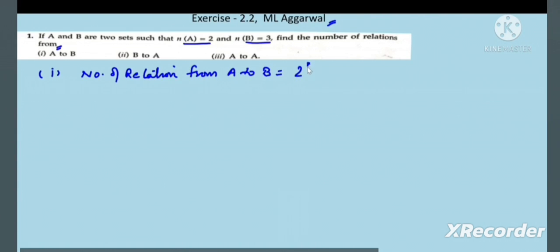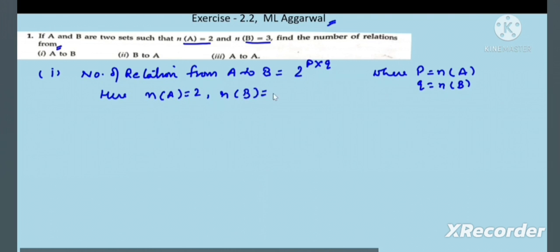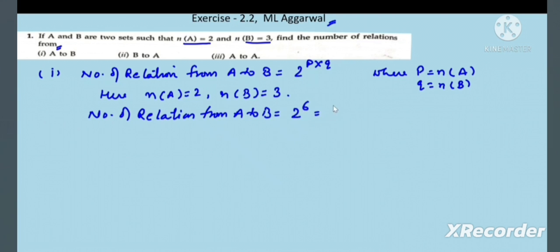In exercise 2.2, sum number 1, what we have to find out is: the set A contains 2 elements and the set B contains 3 elements. We have to find out the number of relations from A to B. See, a line is written here: the number of relations from A to B is 2 raised to the power P into Q,